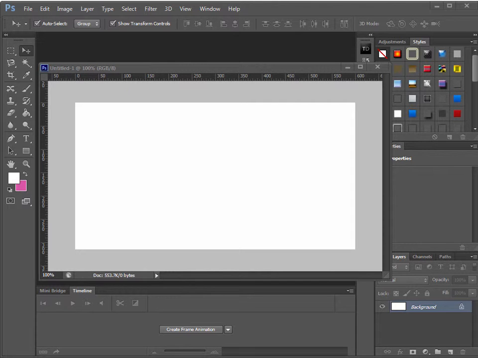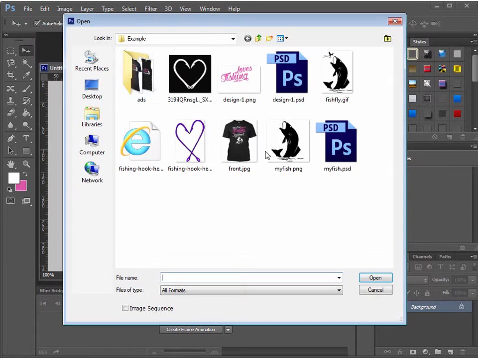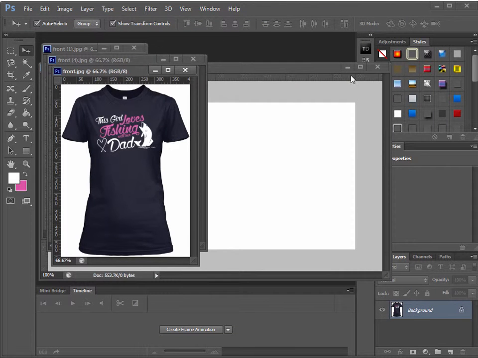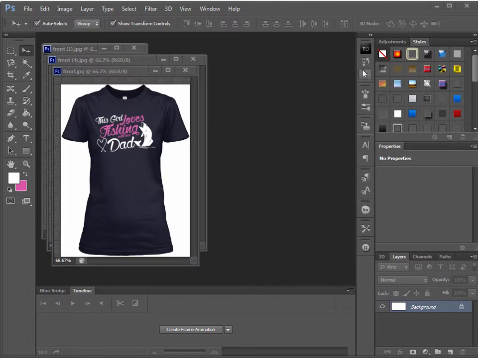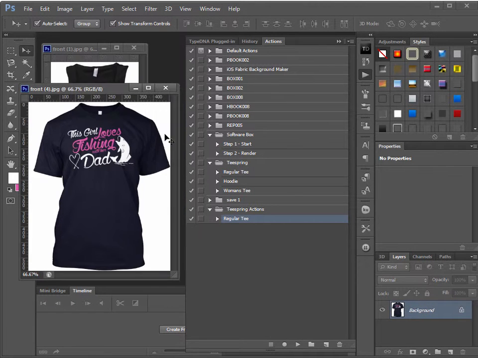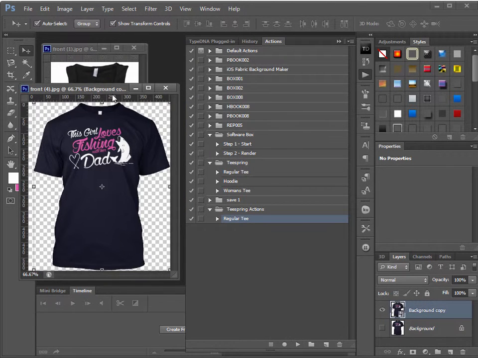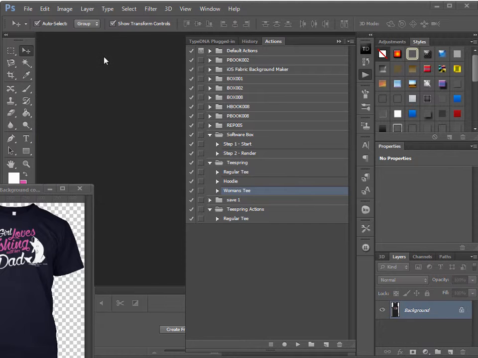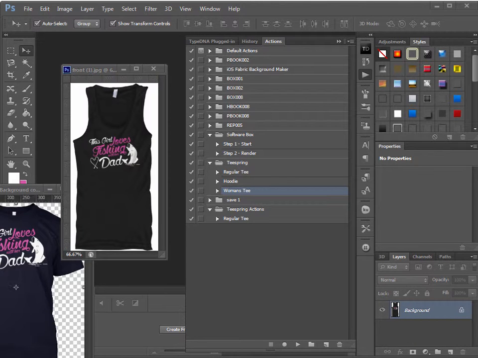If you recall, we downloaded the t-shirts here. So I'm just going to open them up, put it in the ads folder. There they are. And remember, we have our trusty little action script that we created in our last example. So I'm just going to use that for the regular T again to do the extraction. And then I have one saved for the women, but I don't have one for the tank top yet, so